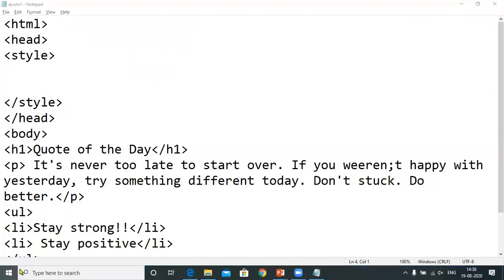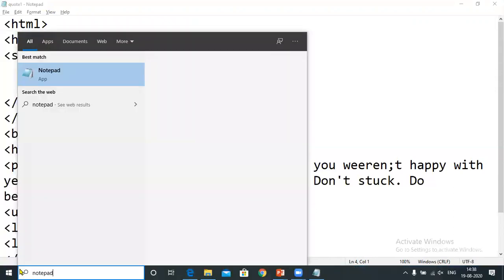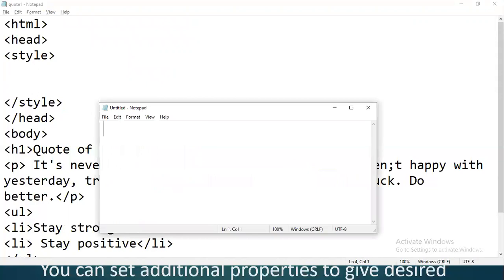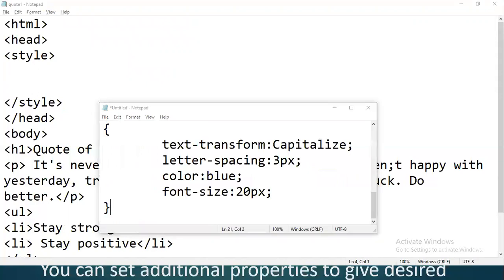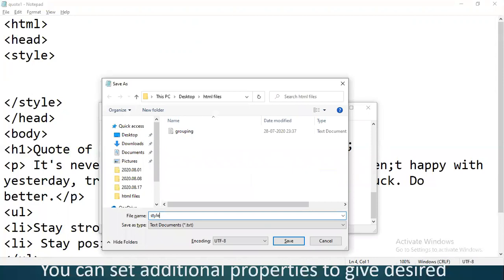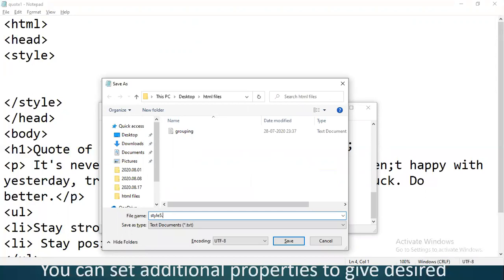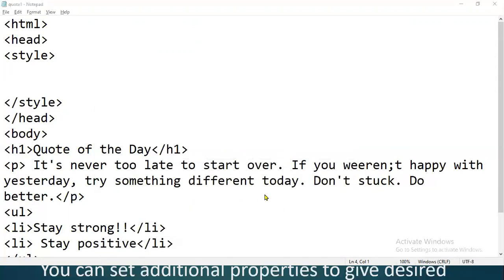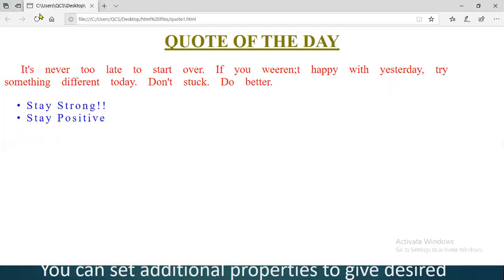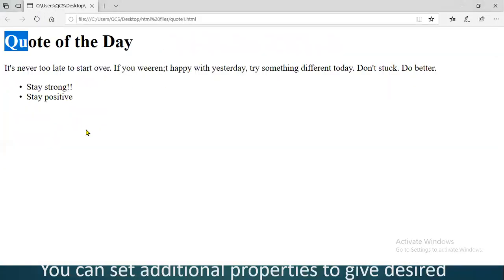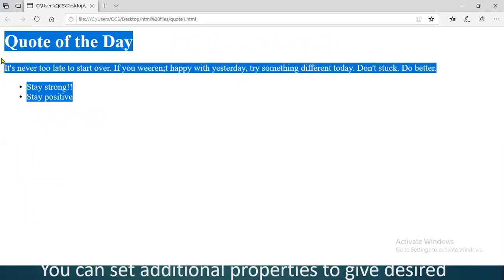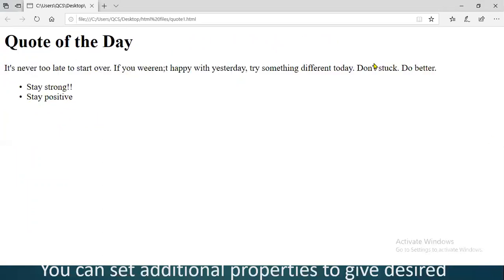Then you will open a notepad file, paste your code there and save it with the name style5.css. You can give any name. Save it at the same location where your HTML file is saved. Now if I refresh my page, there will be no formatting on the page because I have moved the CSS code into a different CSS file.